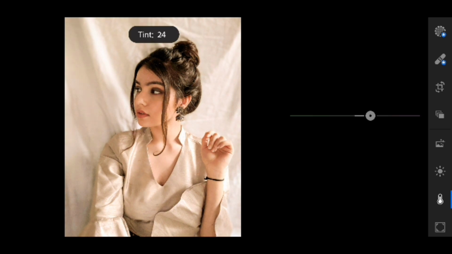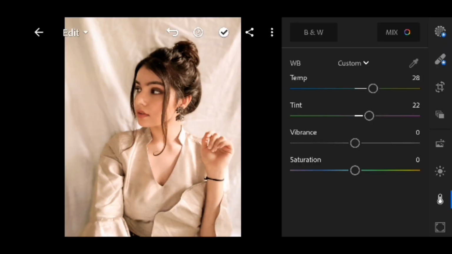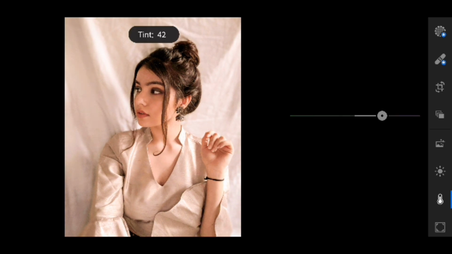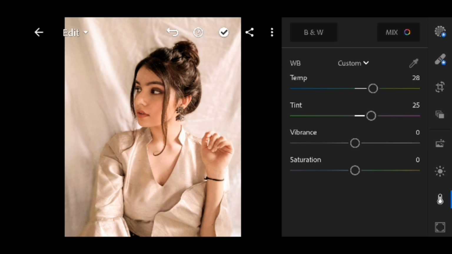And now the tint. Here you can see the before and after. Try not to add too much tint or too much temperature in your pictures because it actually destroys all the natural light in your picture. Just a little bit of tint we are going to add.